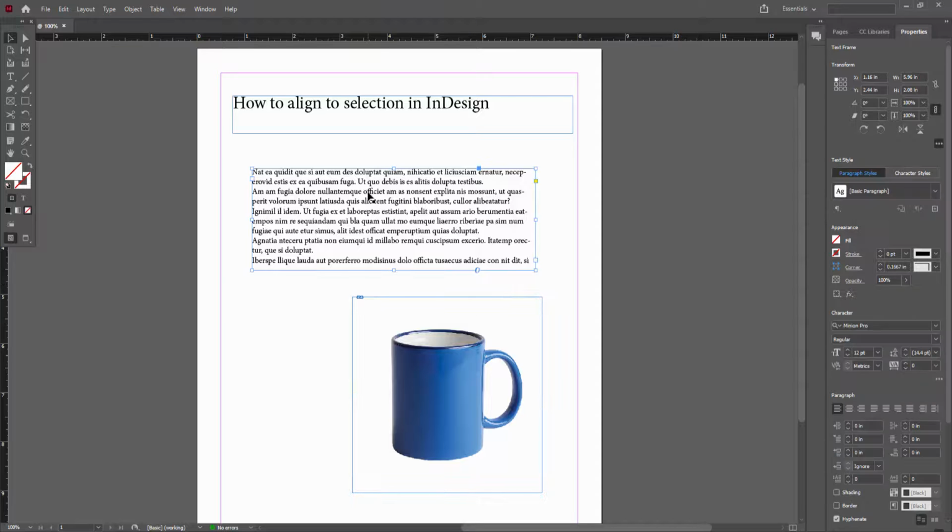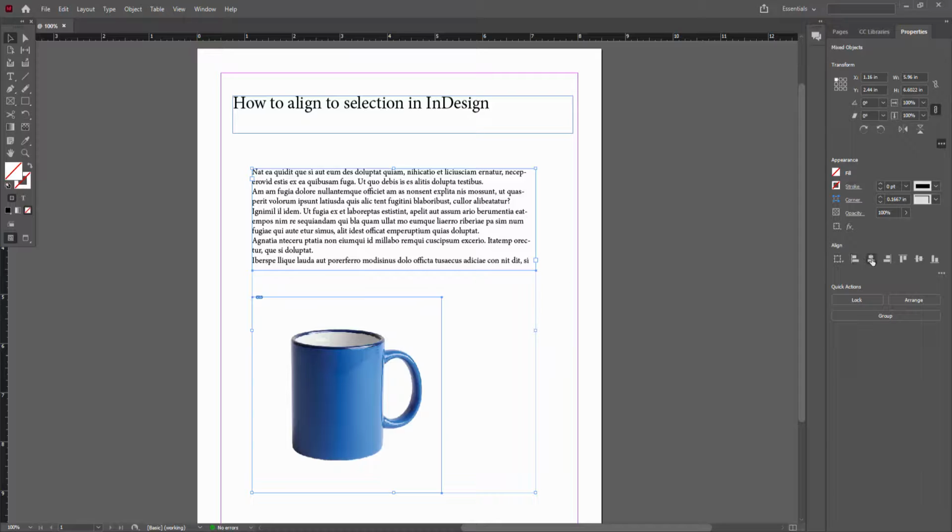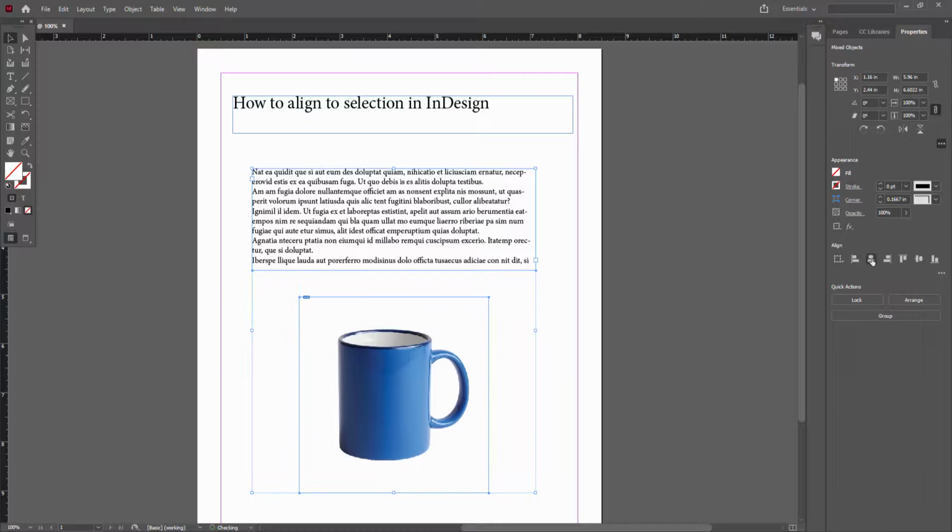Then first select the text box, press Ctrl Shift on your keyboard, and click this picture. Now we can see here the align to selection menu. Then click align left, align horizontal centers,